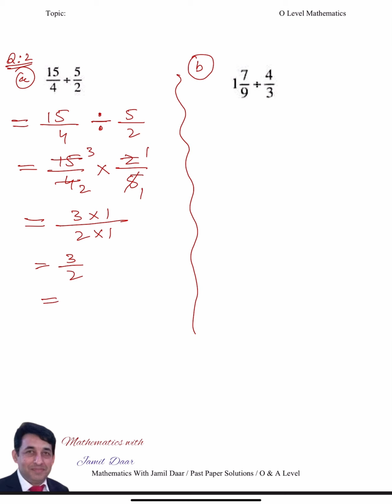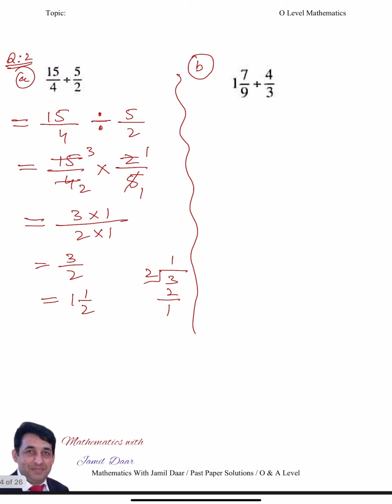and we'll write it as 1 whole 1 by 2, because if you divide 3 by 2, the answer is 1 and the remainder is 1. And this is the answer, this is the remainder, and this is the divisor. Okay, the next example is